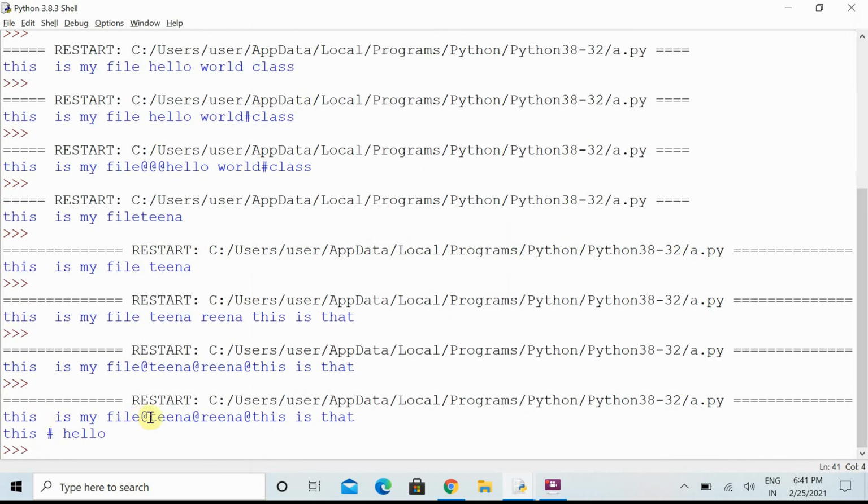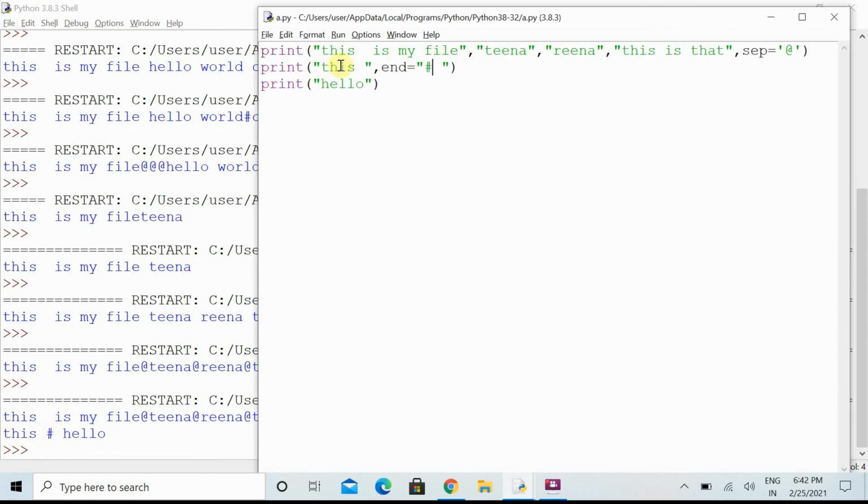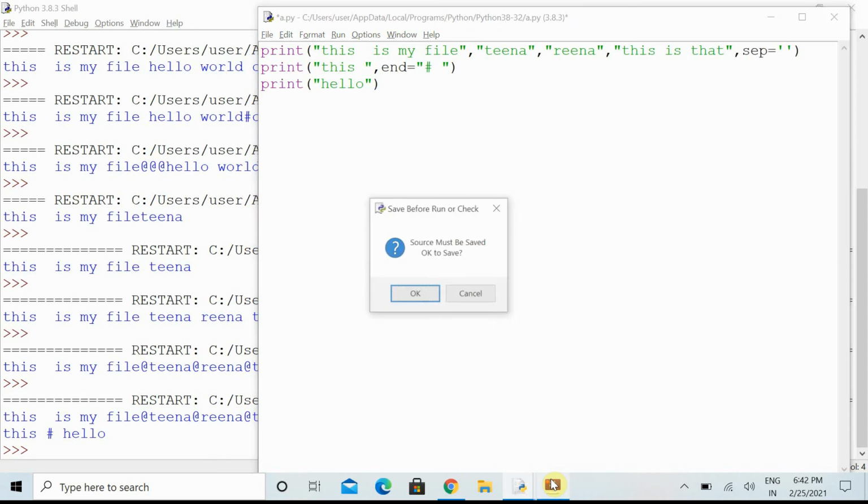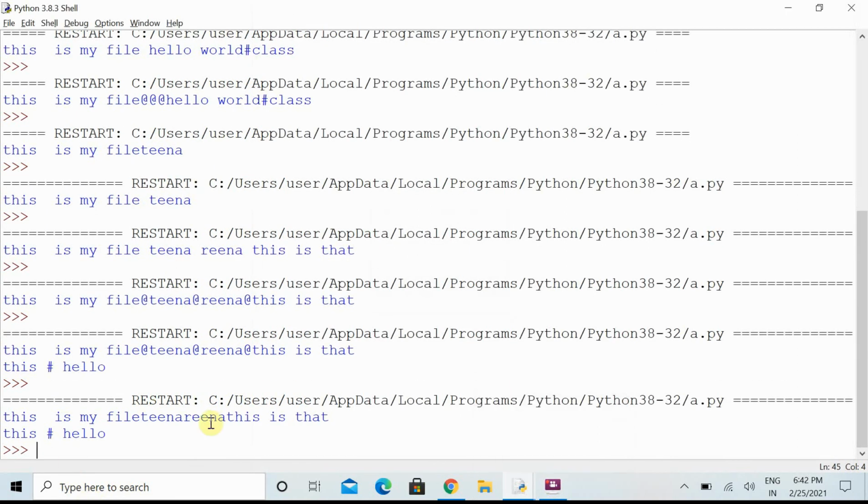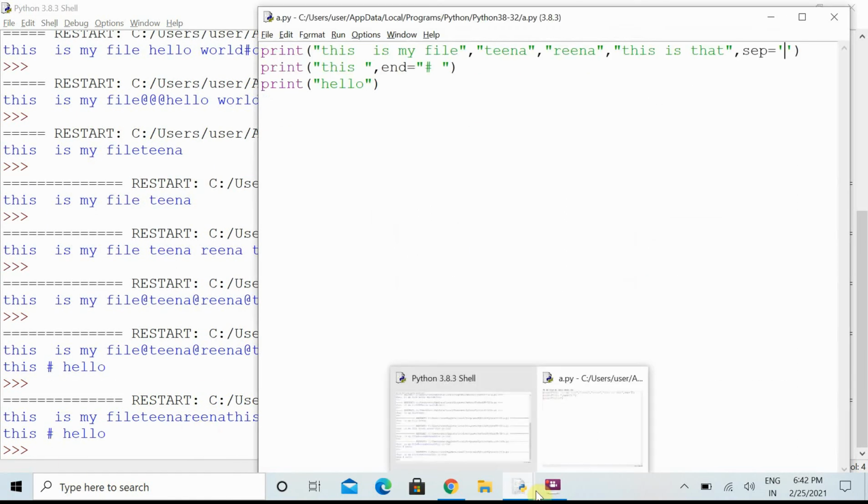Here I have put some symbol between all the words. Here I have just added another line, this with hello, and while adding the other line content I have put some symbol. End is used to combine the next line content with the same line. Separator is used to combine multiple words either with space or with some symbol. If you don't want to put any space between these things, then you can see it will not add anything. I hope this much is clear to you. Thank you.